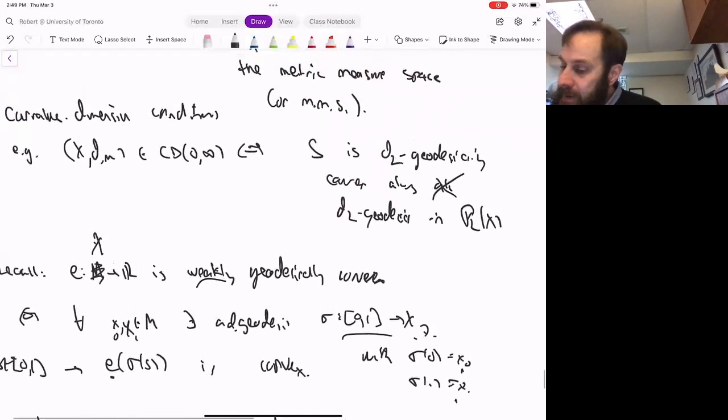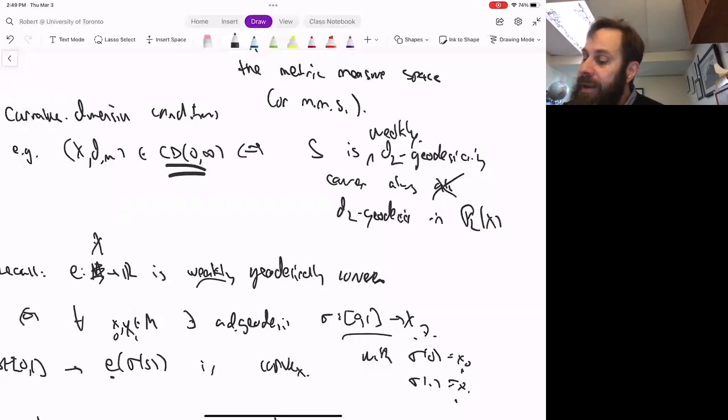And so what this curvature condition CD0 infinity asks for is weak D2 geodesic convexity. So it's weakly convex, whatever, right? So this asks for every pair of probability measures with finite second moments, there should be a D2 geodesic joining them, along which S is a convex function. And this is basically where I want to leave it today. So I didn't talk, and